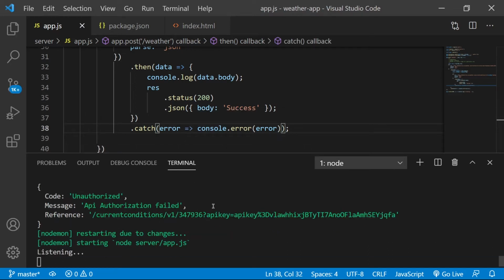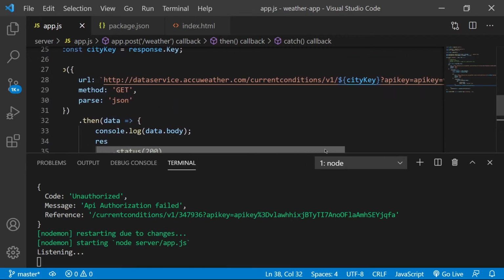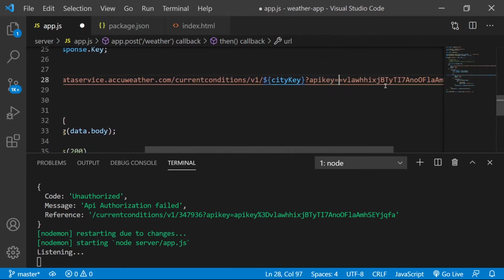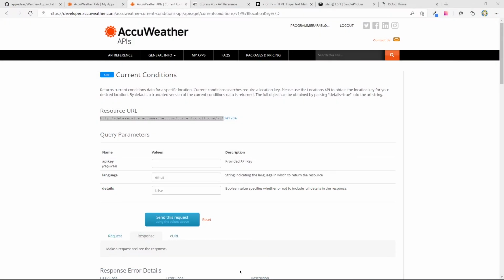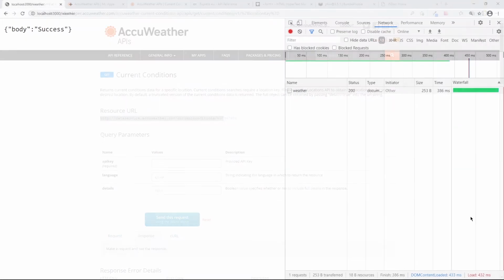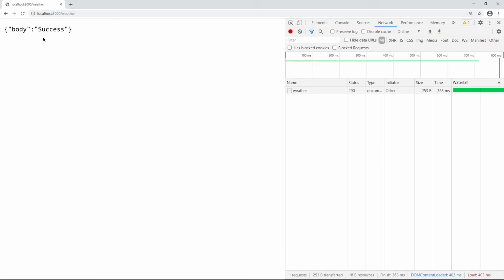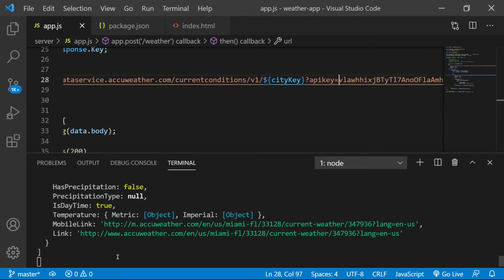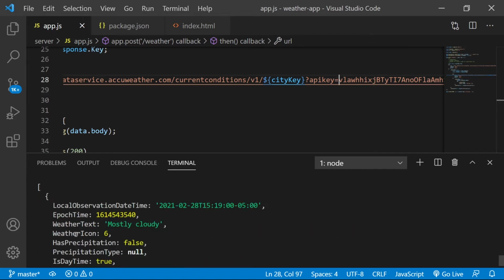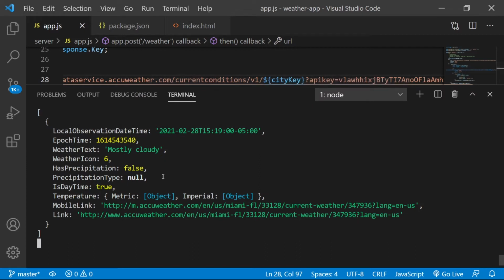Oh, it says here API authorization failed for this API key. Did I accidentally put it? Okay, so it looks like I also included that. Let's come back here to our app here, Miami, success. Oh, look at that. Okay, so now we're getting better stuff here. Temperature, metric, object, imperial.